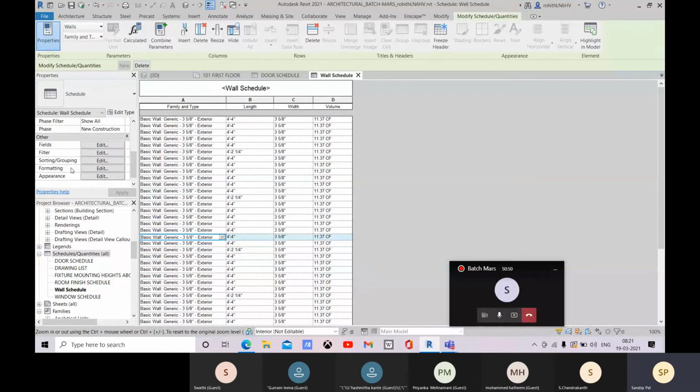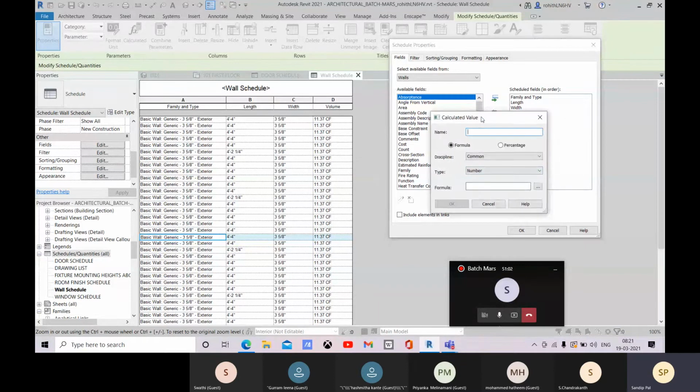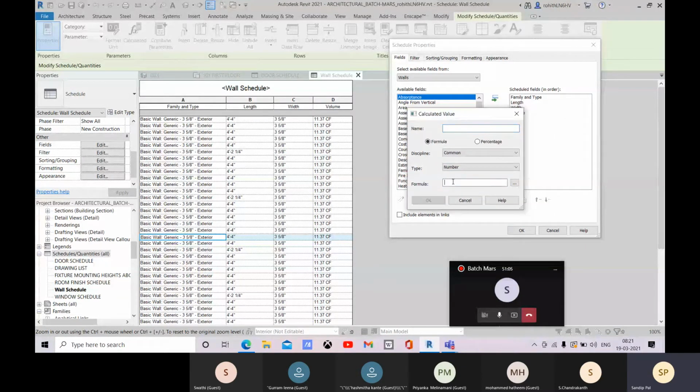Now let me come to the fields option here, and go for add calculated parameter. Here you will be adding, like, a number of bricks.